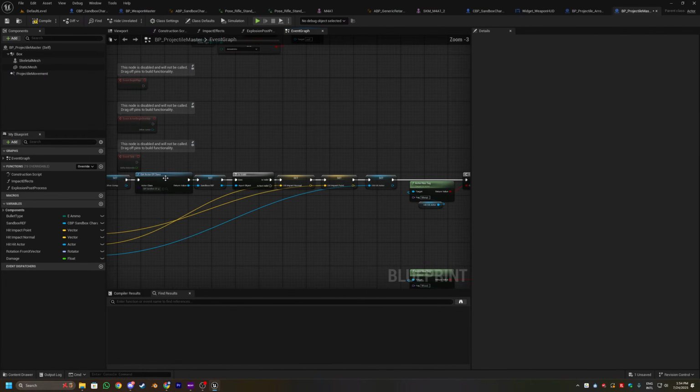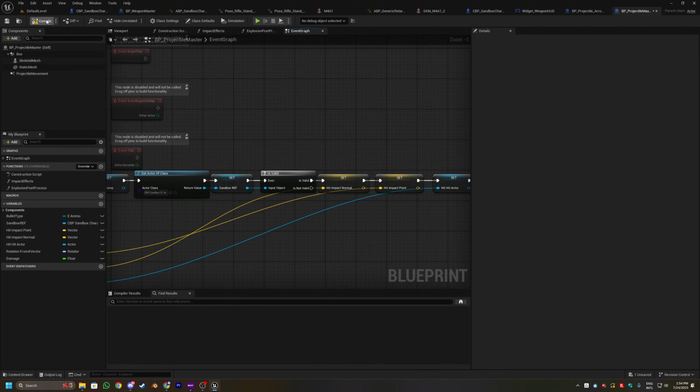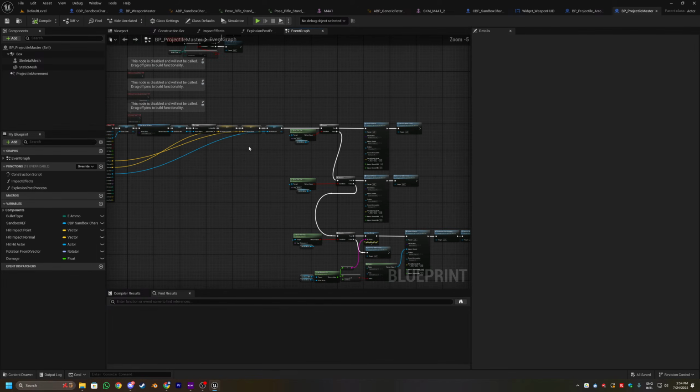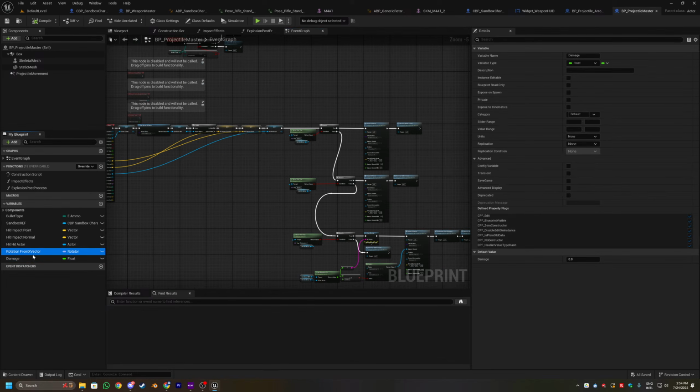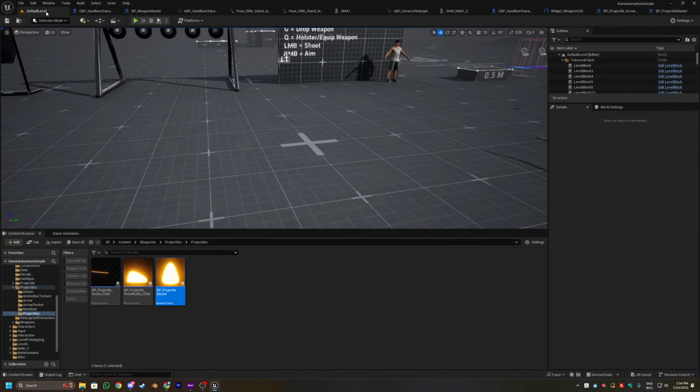I'm gonna have to think a little bit about it, but I'm gonna do that after, because right now I'm not thinking about doing the system, but I will do it on the projectile master. Create a variable called damage in here for the variables, put it as a float, and inside of each projectile,